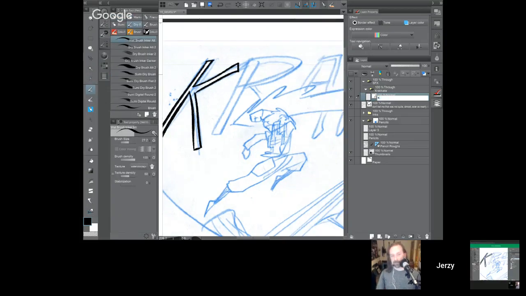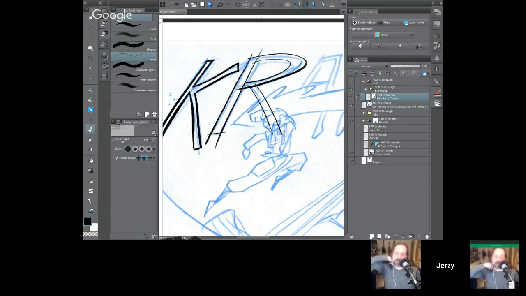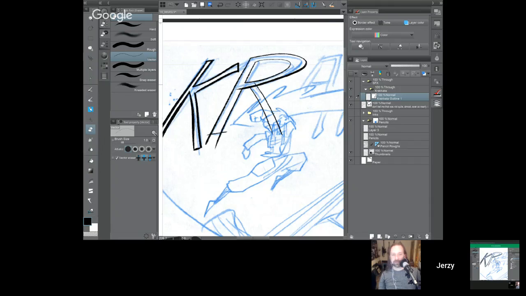I'm going to call this one Krakata Outline 1. Okay, so then I'm going to go through, and because of that vector layer, I can just work really fast and not have to worry about those overlaps, and there's so much more energy in the lines because of that speed too. Yeah, it reminds me of how Krishna Sadasivam's lines look. They just look so